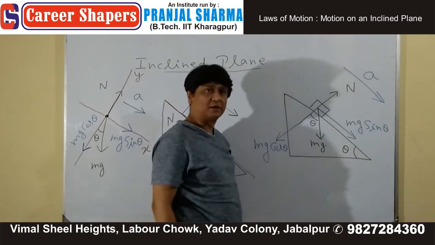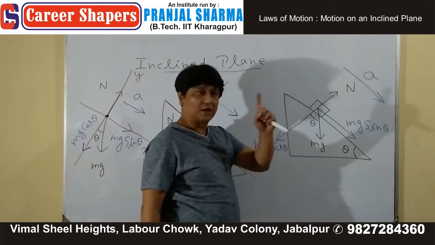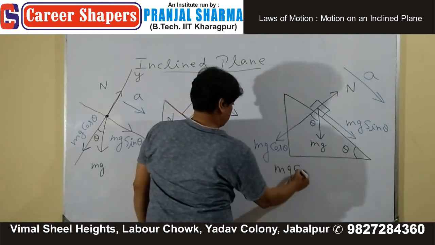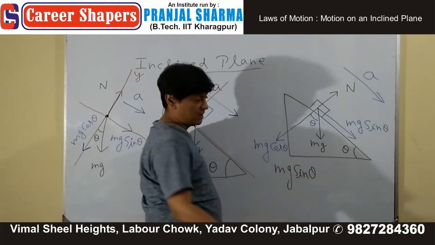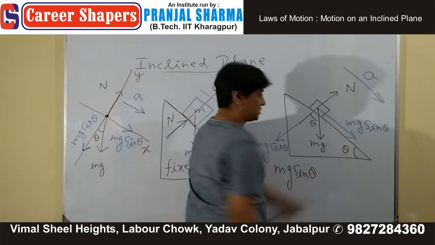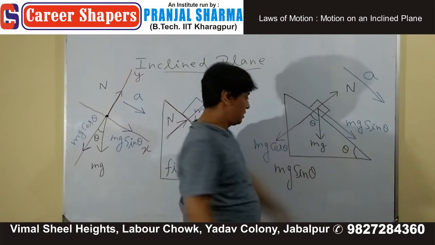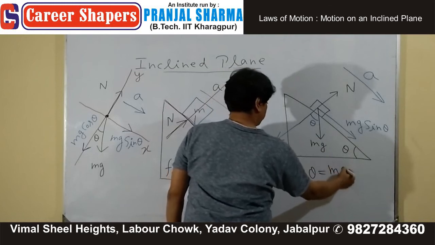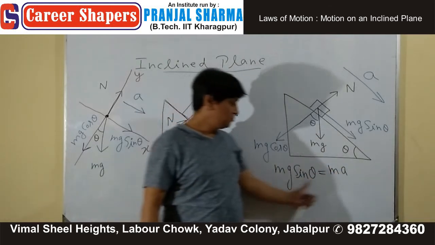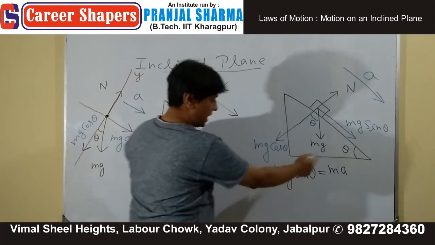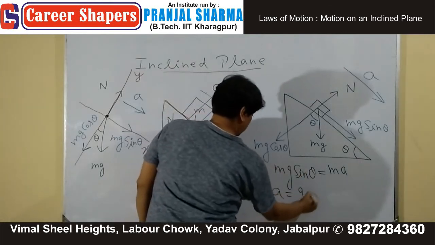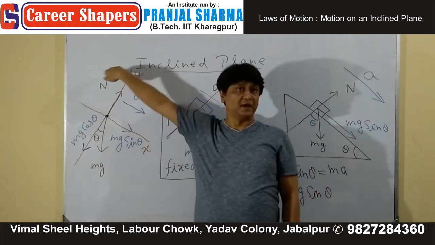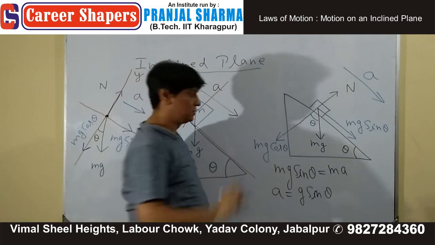दैट मींस हमसे किसी ने बोला कि एक काम करो, x और along the plane इसकी बात करते हैं। along the plane कौन सा फोर्स लग रहा है? mg sin थीटा। क्वेश्चन खत्म होने वाला है, देखना। along the plane कौन सा फोर्स लग रहा है? mg sin। force according to Newton does what? It produces acceleration. mg sin theta equals to ma. m cancelled, you got a as g sin theta. a फाइंड करना था, डन।